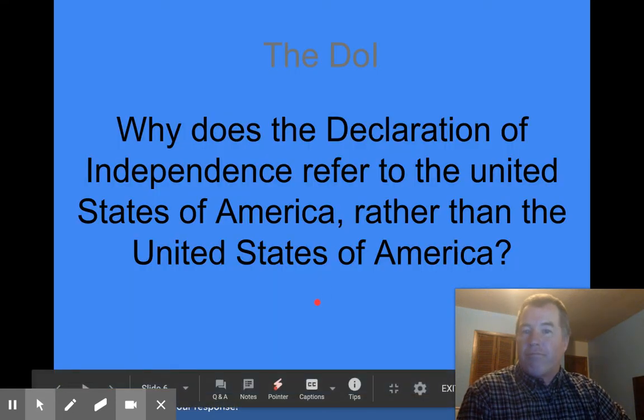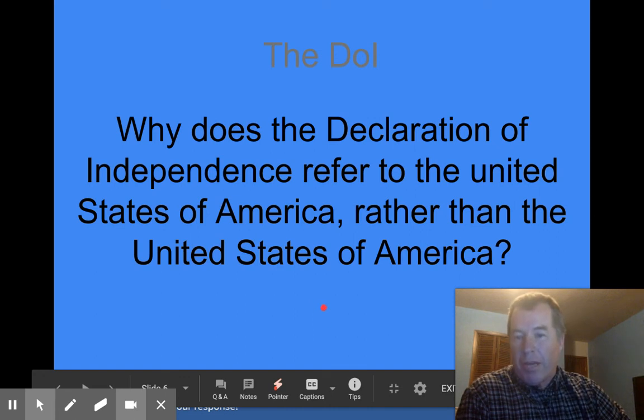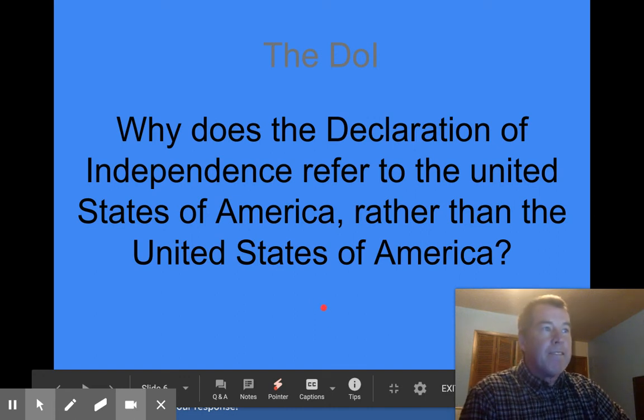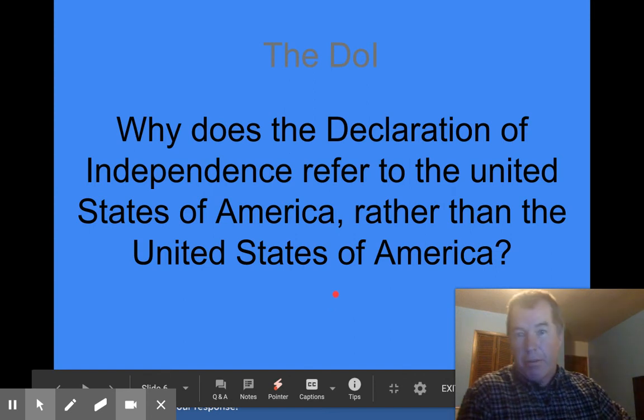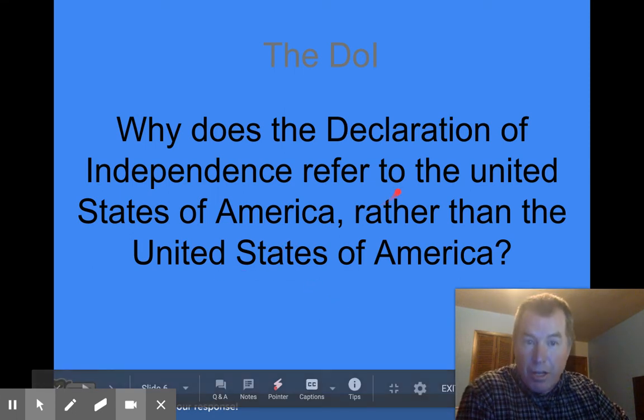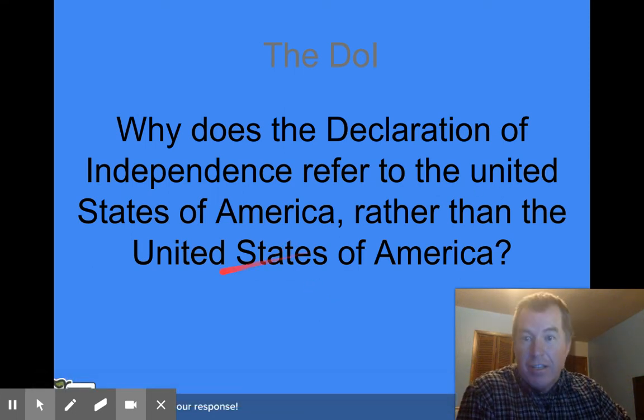All right. So this would have only been a Google, sorry, not a Pear Deck question, and I'm not going to have it, but we just answered it. Declaration of Independence for the United States, rather than the United lowercase, as opposed to the uppercase. So today we're the United States of America, but back in the writing, we were just states that happen to be united.